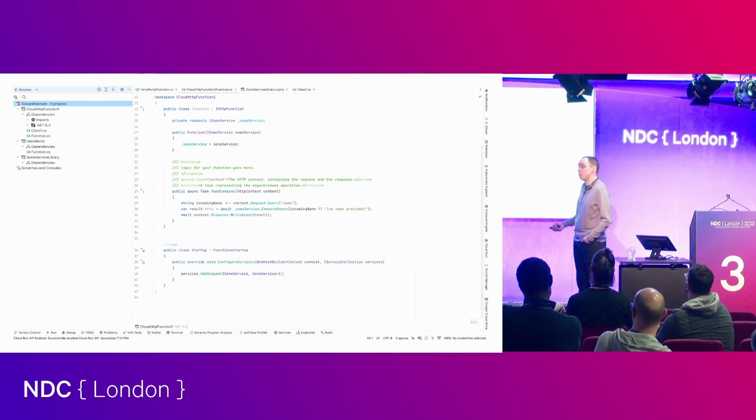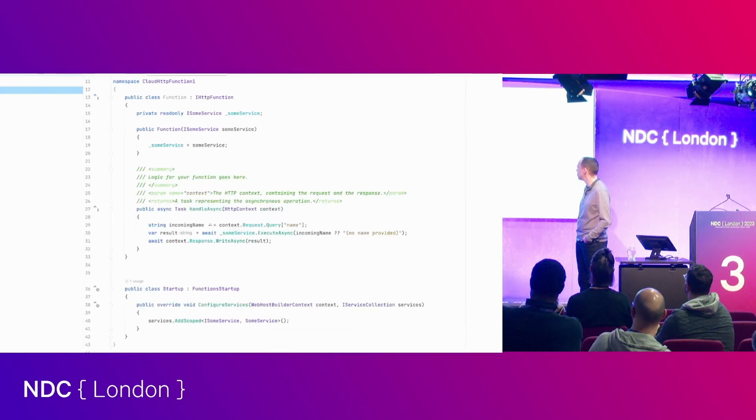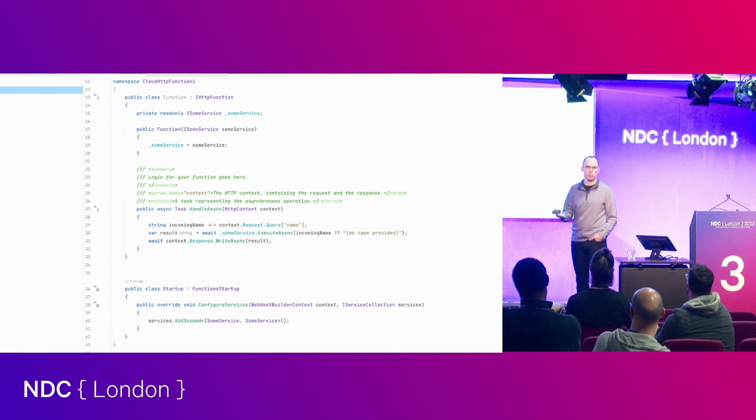I don't know what to say. We use the same assembly-level attribute at the top to define that this is the startup that you're going to use. And then it pretty much was very similar to Azure Functions in terms of the development experience. Here it is a little bigger. Not really that surprising. It doesn't implement HTTP function because it's an HTTP listener. Of course, there are other listeners available for all the other listening products for whatever it is that Google uses for blob storage.